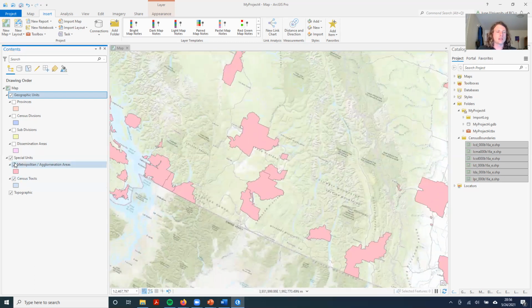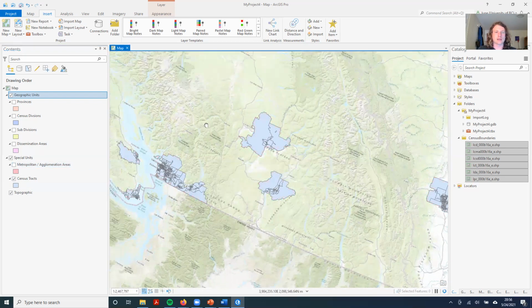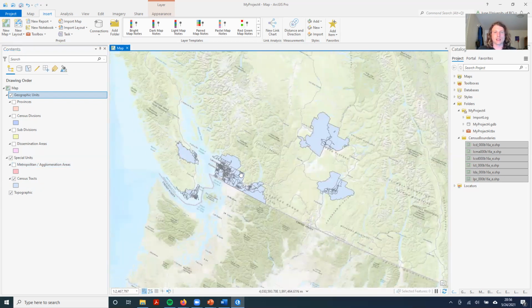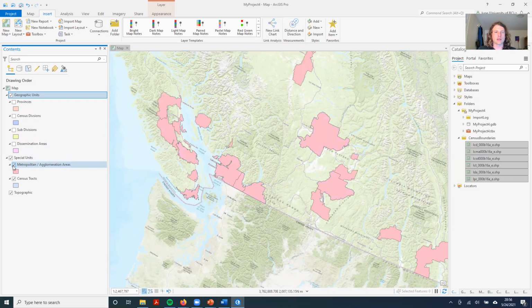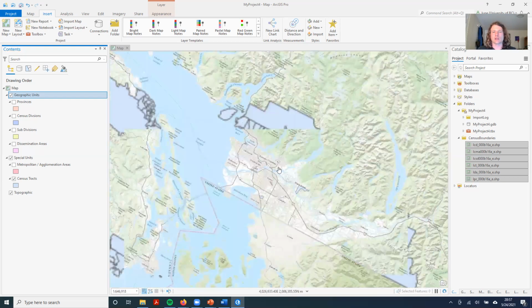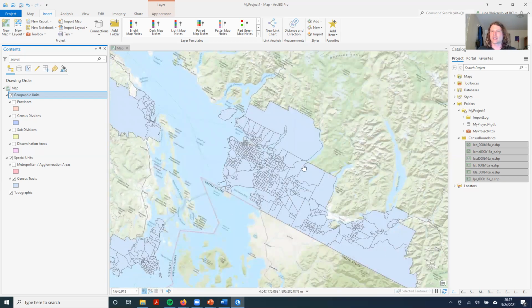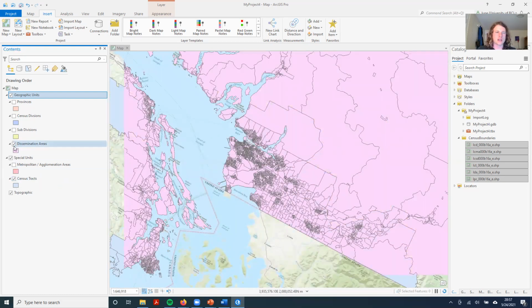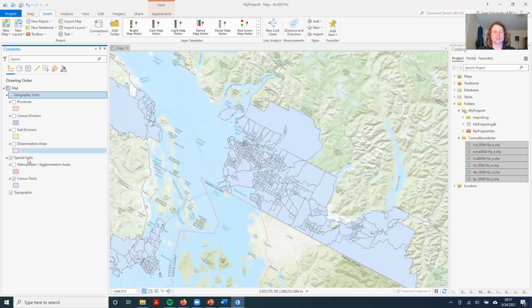And so within these, there are census tracts in the census metropolitan areas. The agglomeration areas don't contain census tracts. And so the census tracts are just divisions within census metro areas for looking at large urban centers. And again, compared to dissemination areas, they are a bit bigger. So census tracts typically have between 2,000 and 7,000